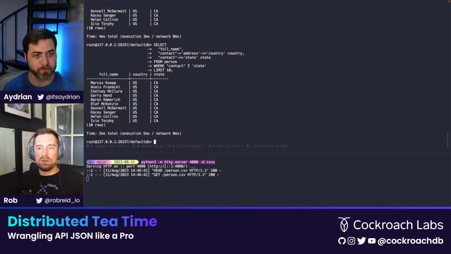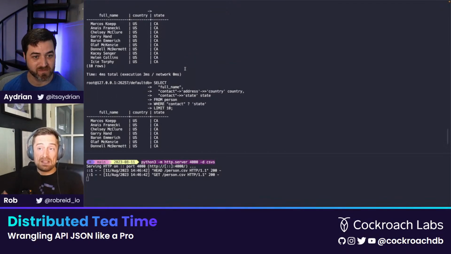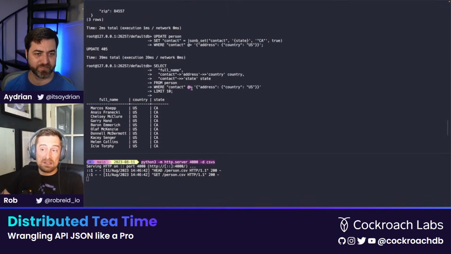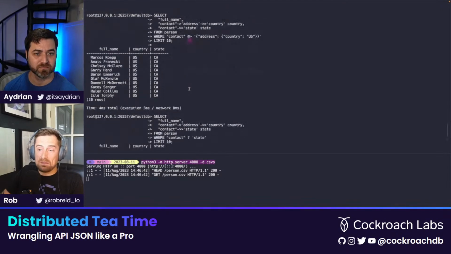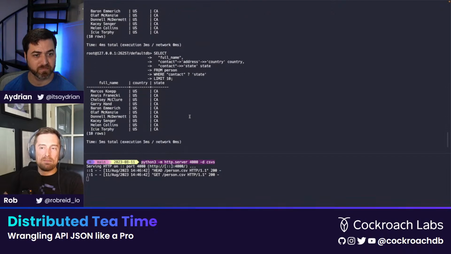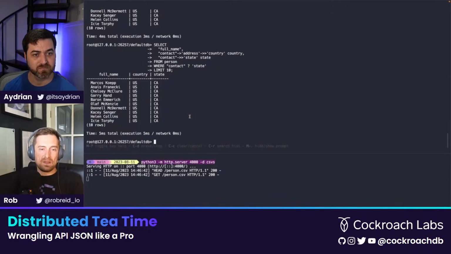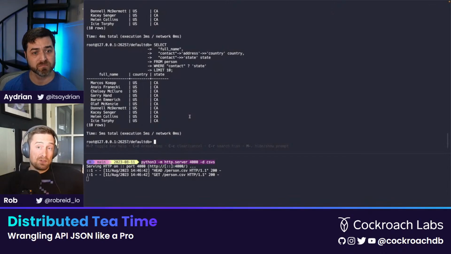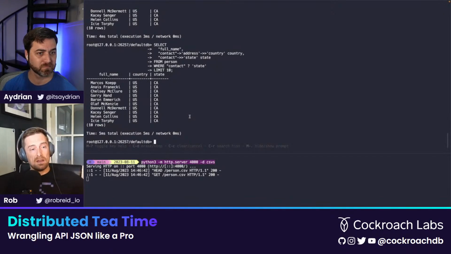I haven't gone into the other syntax. There's more than just this, and there's more than just this. There are other ways of interacting with JSON, but I think just to whet the appetite, go through a couple of things, and maybe link to the docs, because there are a lot more things you can do. And if you go to the functions and operators page, there's a bunch of other JSON specific tooling you can